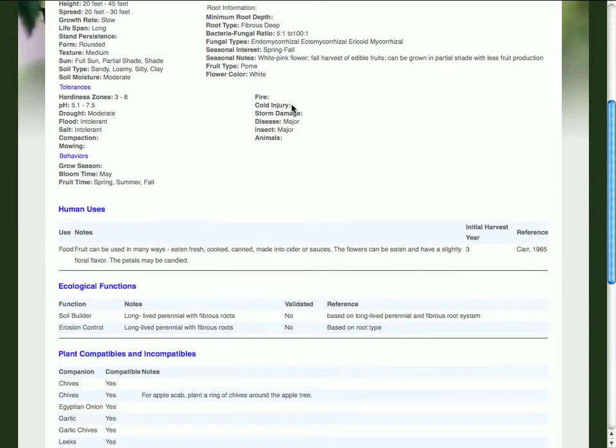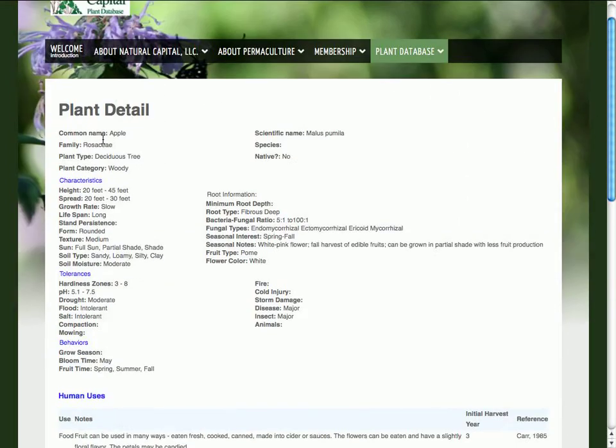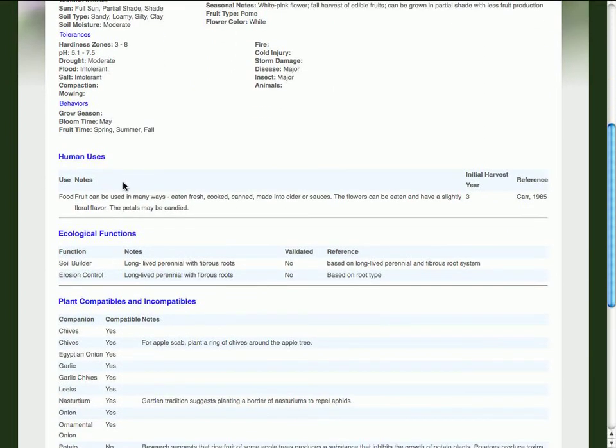You'll notice that some of these areas are blank, and we are over and over filling in some of the spaces as we find citations and information to fill this in. There are a number of areas of information here. First, we have the plant detail. Second are the human uses. Any human use that the plant has, and there are quite a few, will be listed on this detail page for the plant, in this case food, and the fruit, apples, of course, and how it can be used, and